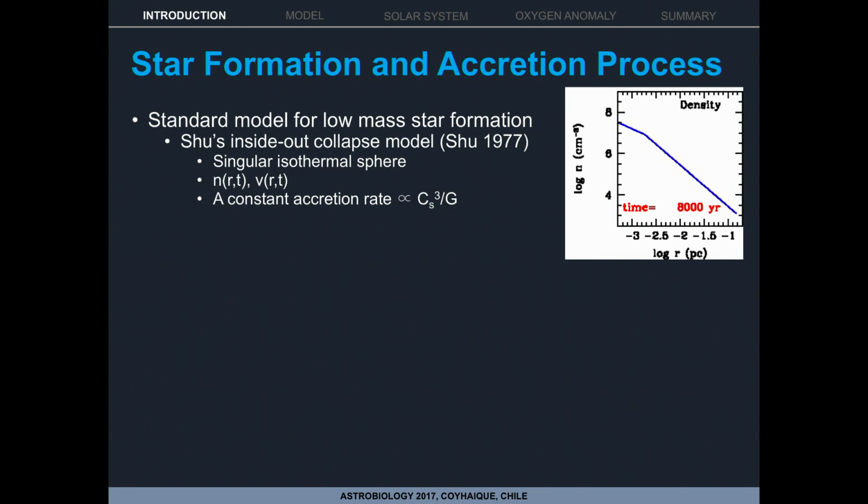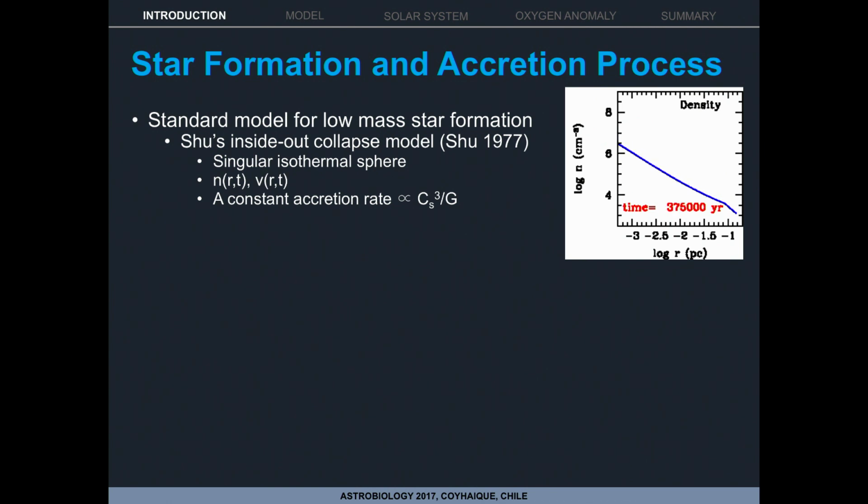According to his solution, the singular isothermal sphere is gravitationally unstable to collapse. In the process, the accretion rate is constant and proportional to the cube of the sound speed in the gas. If you see this movie for the evolution of density in the collapsing core, the collapse begins from the center and moves outward. So we call this the inside-out collapse model. It is a simple solution, which can provide the density and velocity